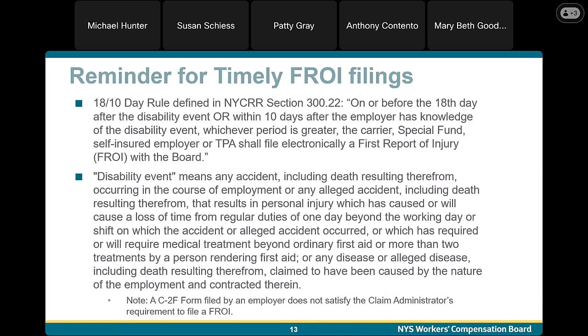18th day after the disability event or within 10 days after the employer has knowledge of the disability event, whichever period is greater, the carrier, special fund, self-insured employer, or TPA shall file electronically a first report of injury, or FROI, with the board. Now, disability event means any accident, including death resulting, occurring in the course of employment, or any alleged accident, including death resulted therefrom, results in personal injury which has caused or will cause a loss of